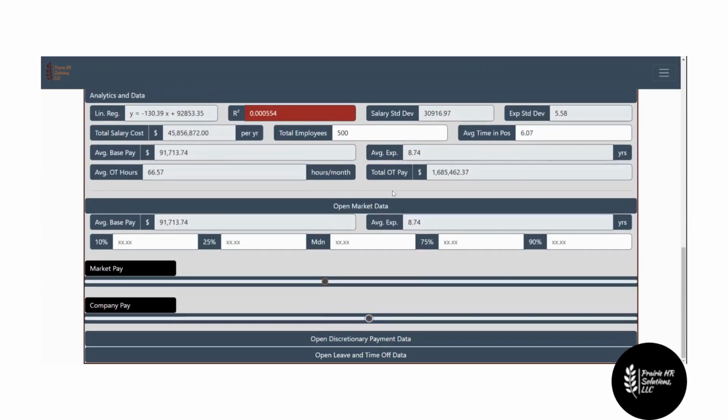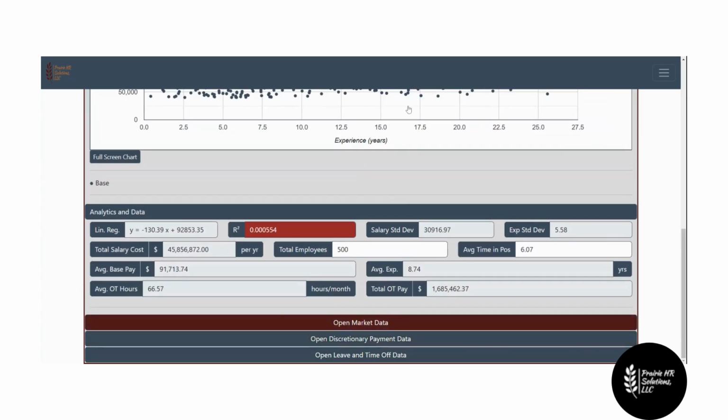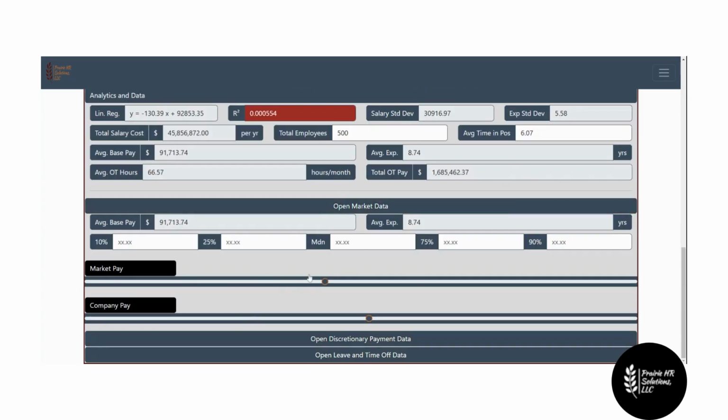And before we move on to creating this open market data piece here, this is where we're going to compare our market study information to our actual current state within our organization. We received an email in the form of a question on how we can turn a two-dimensional array, such as an array of how we get information from a sheet using getValues, into an object, and particularly